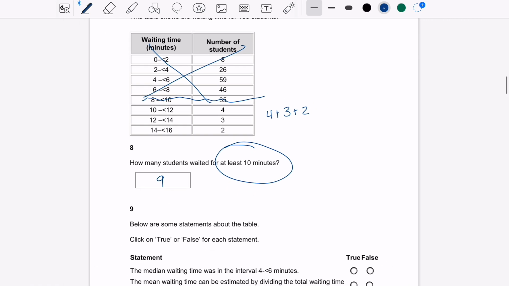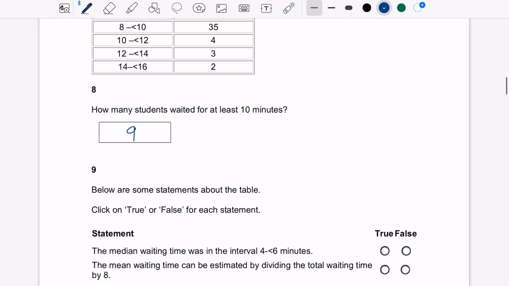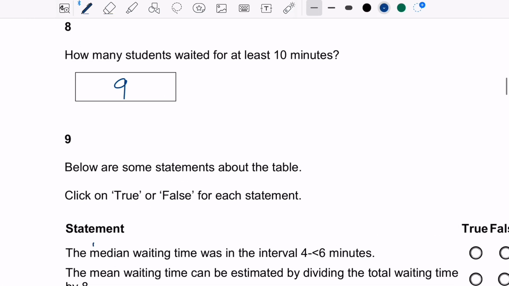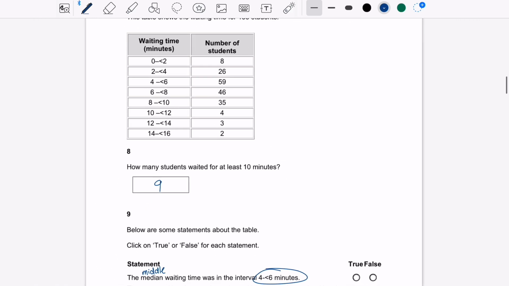Below are some statements about the table. Select true or false. I'm going to get rid of my script. The median. Now median means middle. Waiting time was in the interval 4 to less than 6 minutes. Right, let's have a look. Now to find the middle, you need to line all these scores up. So that would be